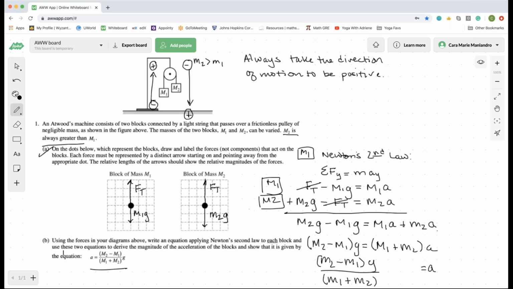Okay, I have a question. Why does the tension need to be longer than the weight force? So actually over on this side, that's a really good question. I actually should make a small correction here. This weight vector should be larger than this tension vector, okay? But this tension vector should be larger than the M1G.